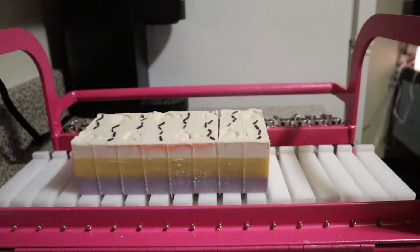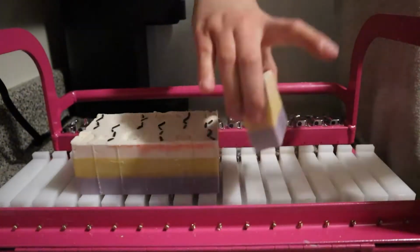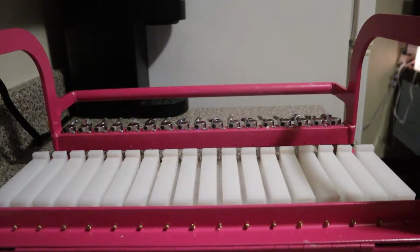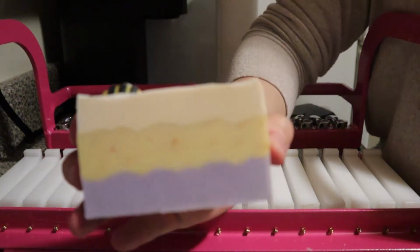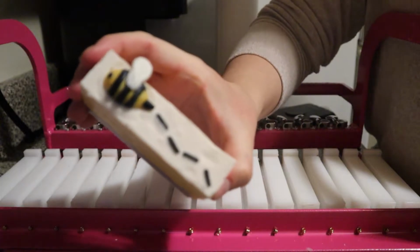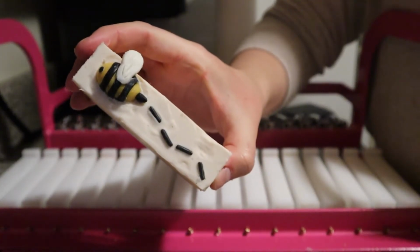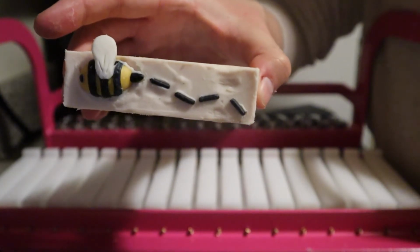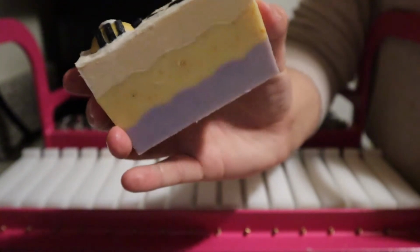But let me show you really quickly what the bees look like on top of the soap, so you can kind of see what I meant about the wings being cut off. But this is what I meant by the wings would have been cut off. So see how the wing hangs over a little bit? That would have ended up being cut off if I would have left the bees on. I still think it looks super cute the way it is,